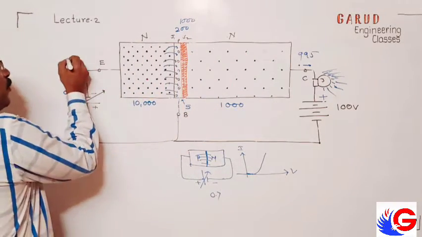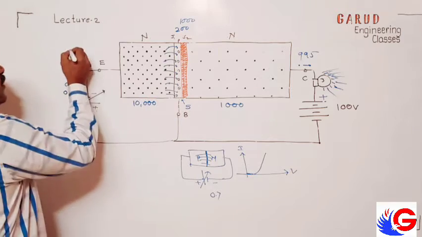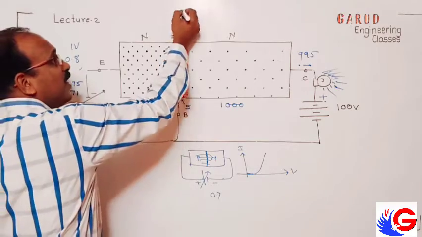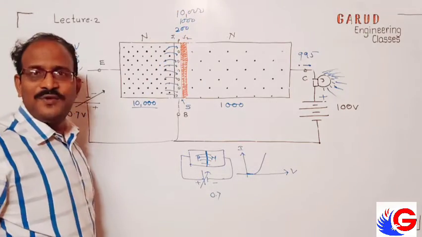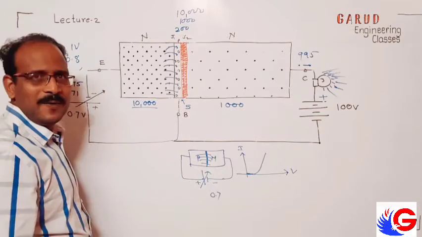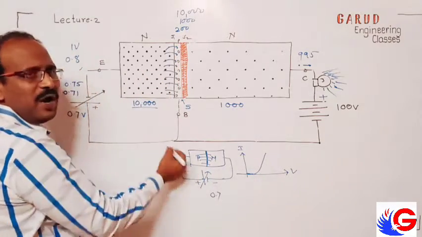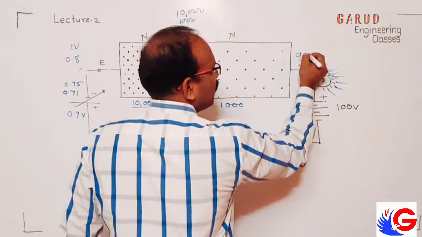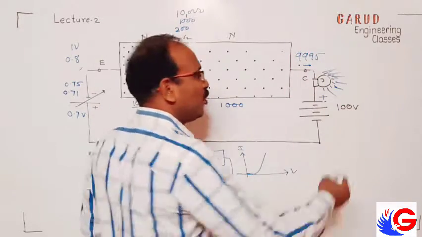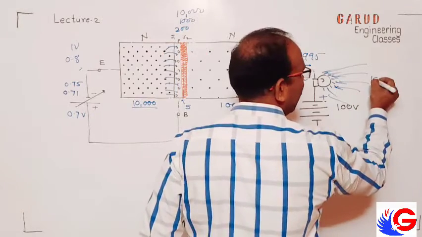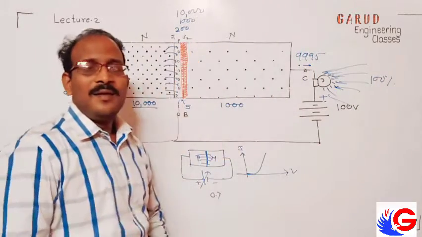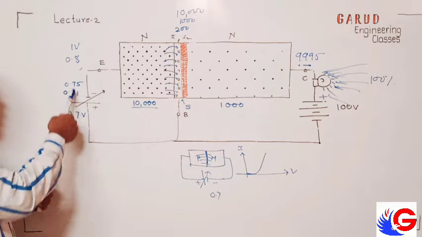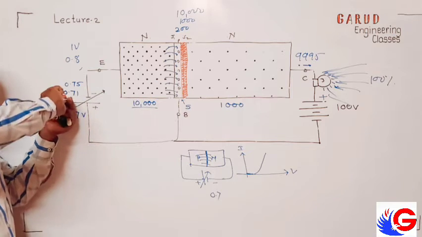Okay. So at a particular point, if I say 0.8 or something at 1 volt, what will happen? Around full, like 10,000 electrons will be flowing to this. This is purely n-type. Pure n-type. This is also pure n-type. This is also pure n-type. And something like 9,995 electrons will be flowing, and because of that, brightness will be 100%. Okay. So the thing is what? From 0.7 to 1 volt, if I vary this.